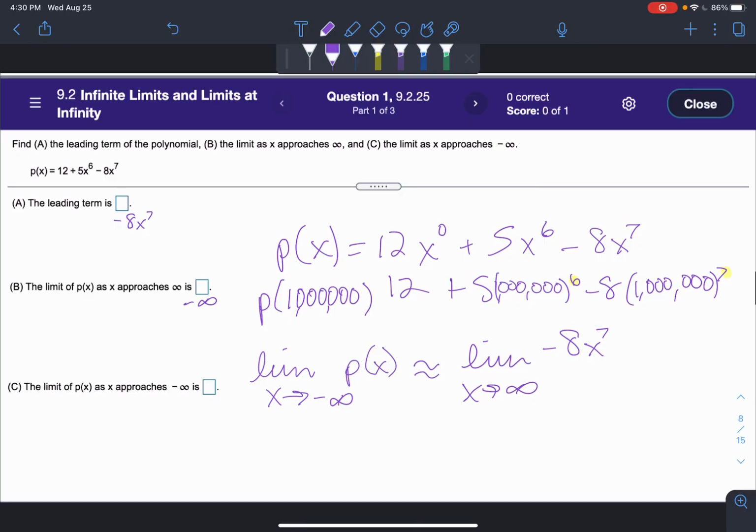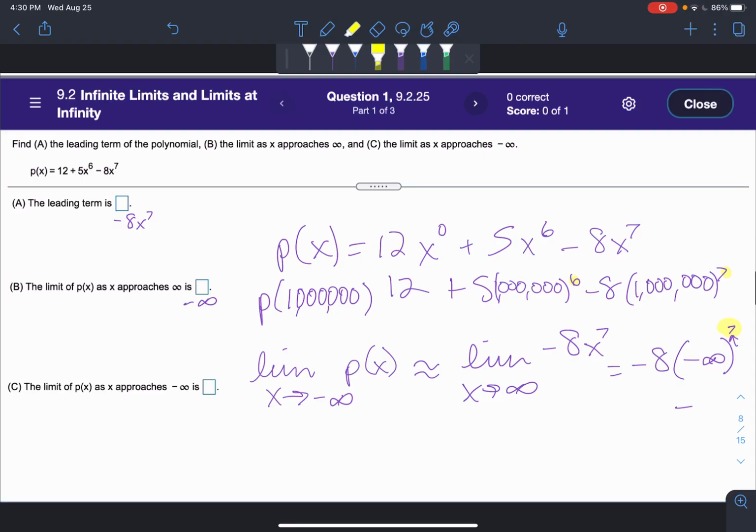So negative 8, let's say negative infinity, not a real number, but we can think about it in that sense. So if we have a really large negative number and we raise it to the 7th power, my sign of that even larger number will be negative, because odd powers